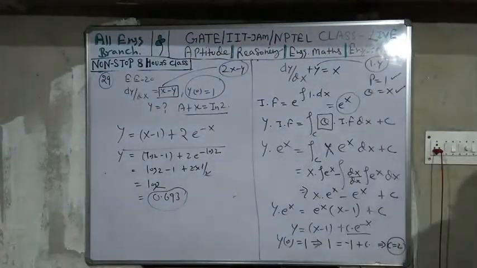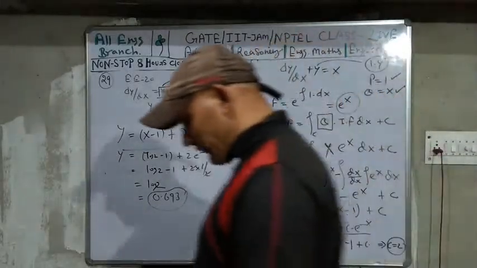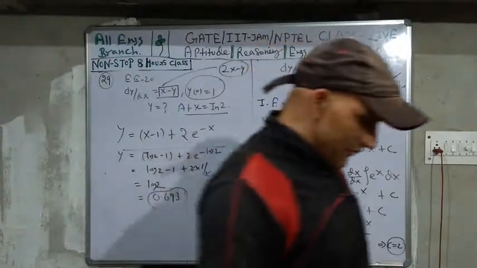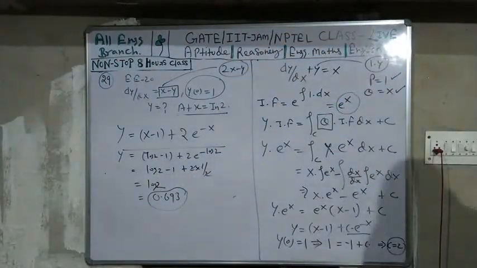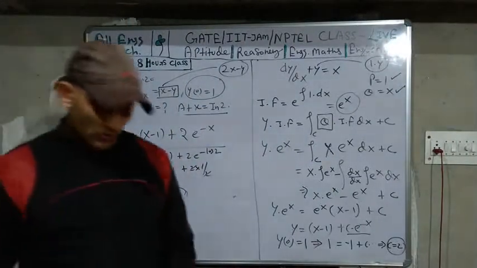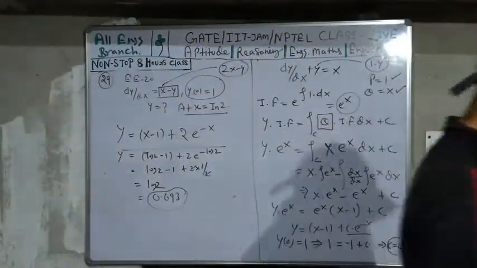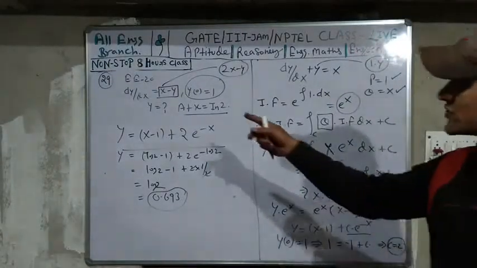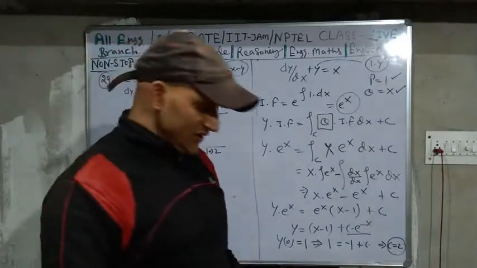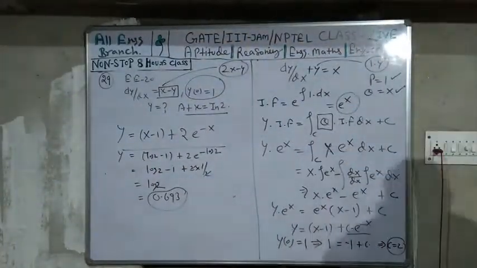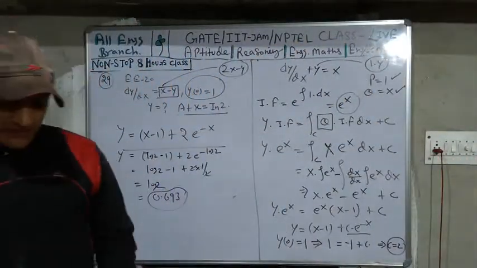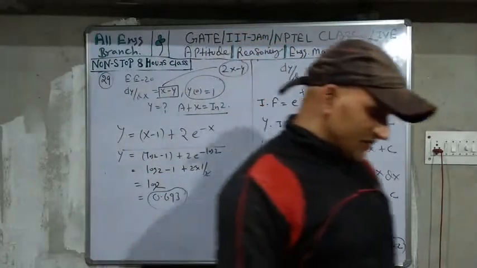Okay, now next one, the next message is from Kamal from Mumbai. He is asking that please explain the curl. Okay, curl, this is very simple. We have already done a lot of problems for the curl, and the first question, I think question number 29, we discussed what is curl, what is divergence, what is gradient, what is irrotational, what is solenoidal. We have discussed it already. Okay, curl means if there is